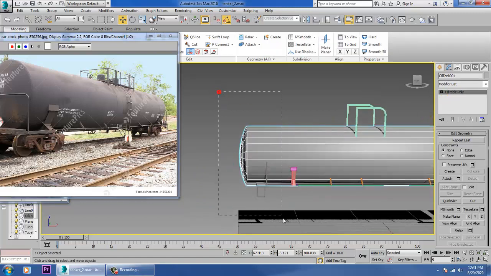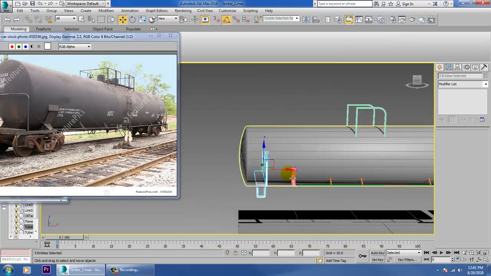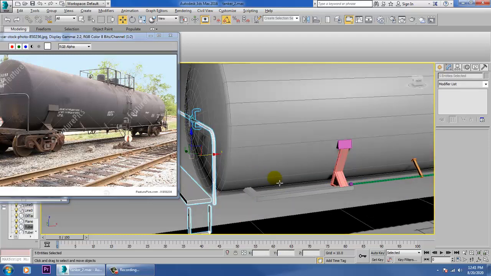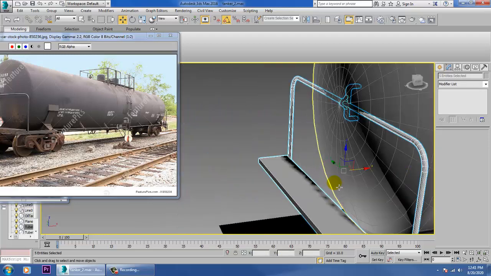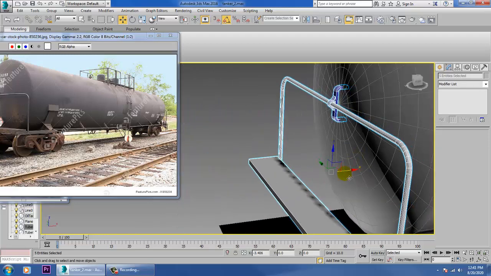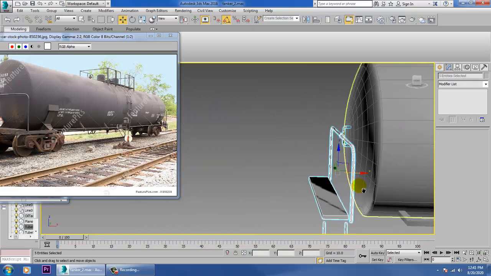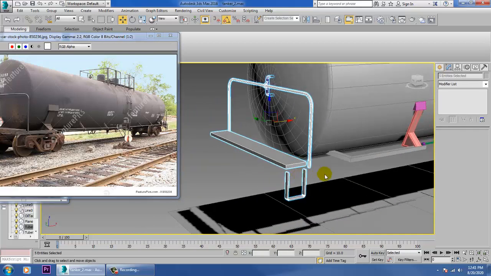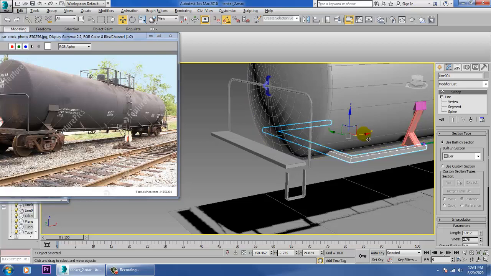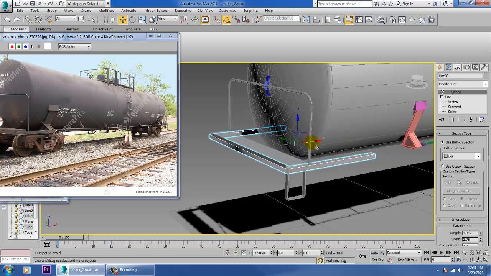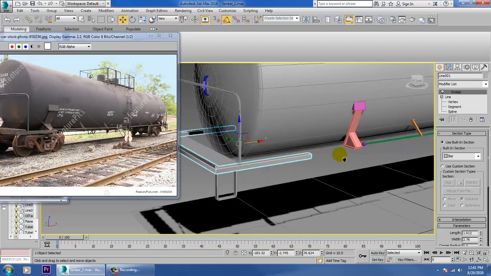Push it till in front, till here. So select this, just drag it till here.